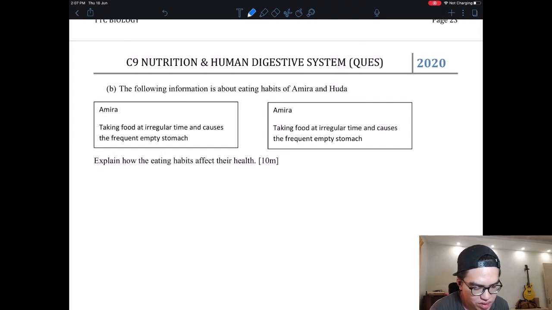Taking food at irregular times, frequent empty stomach. So this is our gastritis. Taking food at irregular times causes